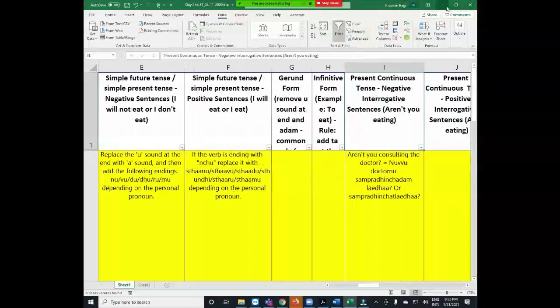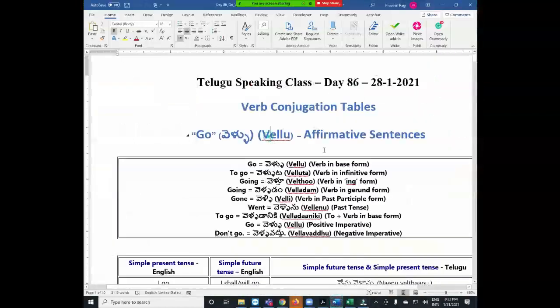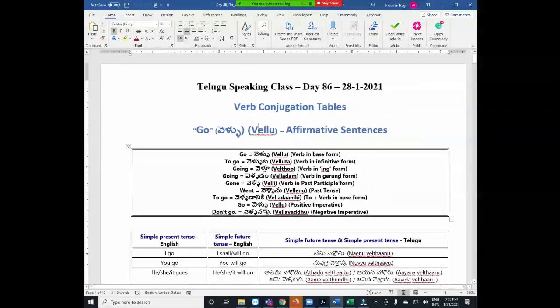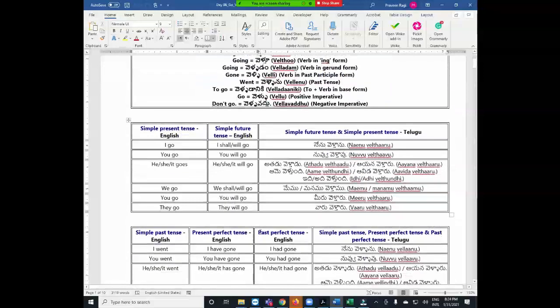Then let's go to the previous Word file. This is the template. If any one of you wants to use this template, instead of practicing individual sentences, you can take this file as a template and send me the Word file. In one of the coming classes, we will review, then we will make changes if there is a mistake. Use only commonly used verbs. For example, take the verb vinu. Then conjugate like this: I listen, I will listen. Try to make sentences like that, then we will review.